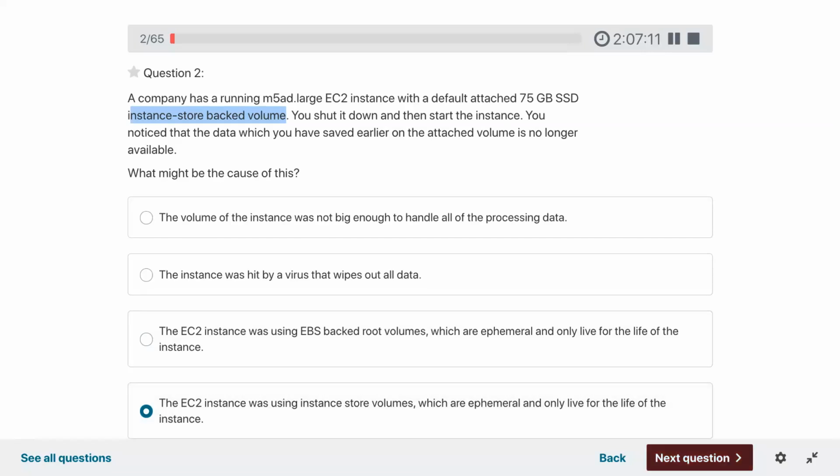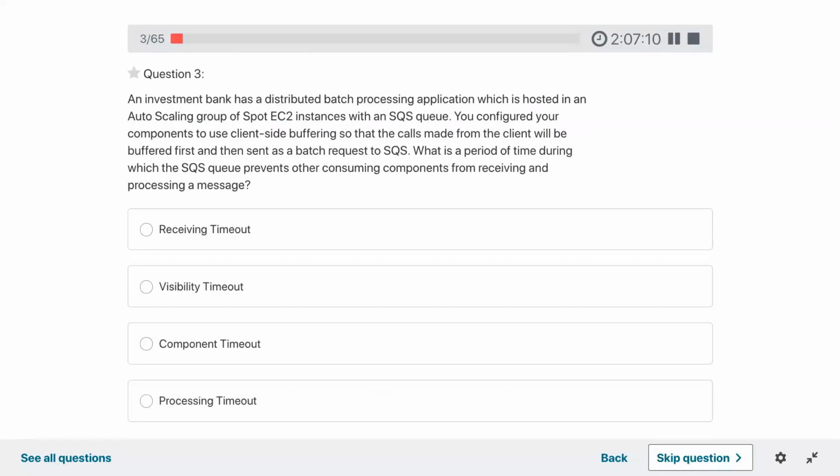An investment bank has a distributed batch processing application which is hosted in an ASG of Spot EC2 instances with an SQS. You configure your components to use client-side buffering so that the calls made from the client will be buffered first and then sent as a batch request to SQS.